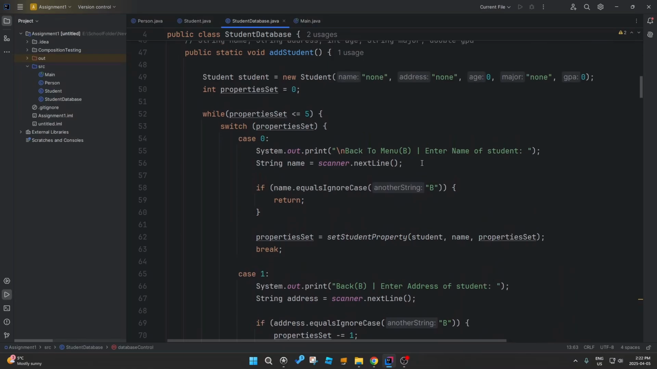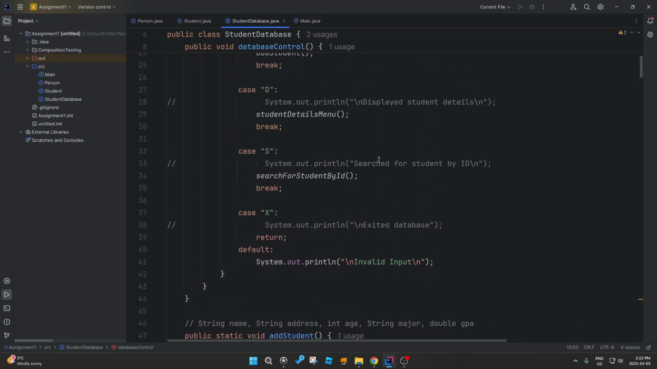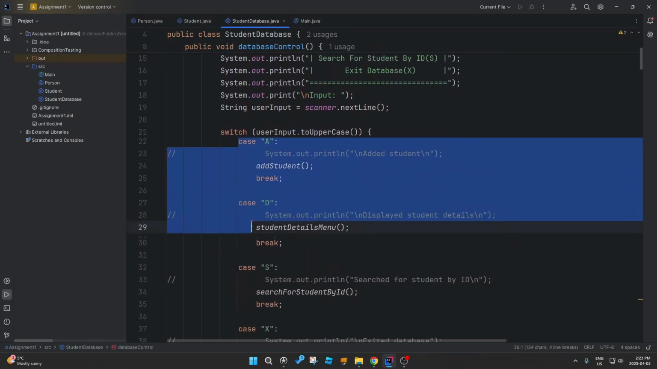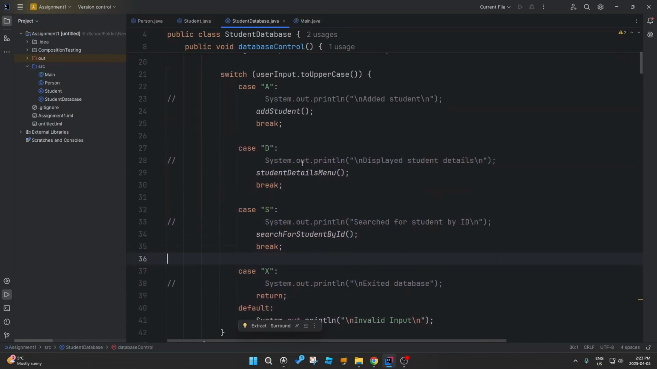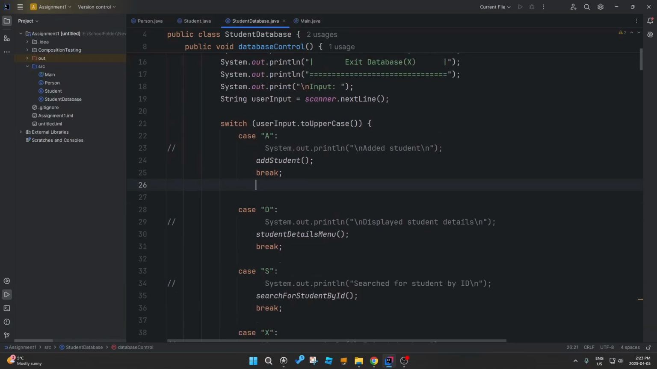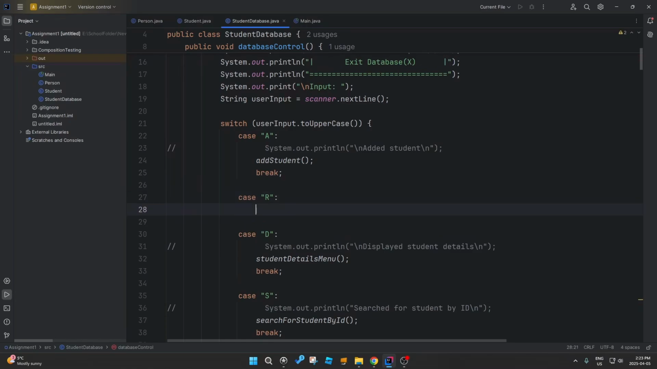So I've already created the skeleton of a method, and right here is my switch statement that controls what happens when a user inputs something. When a user inputs A, you want to add something. When a user presses R, you want to remove something. And so I already